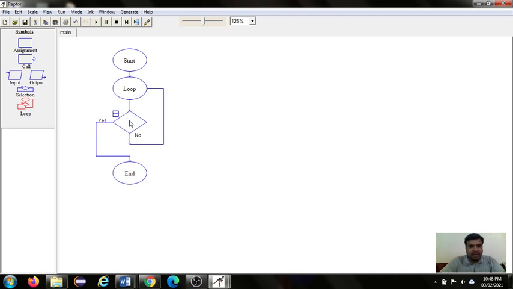This is what happens in the Raptor flowchart tool. But in a traditional C program, not only C, in all programming languages, the looping structure will work only for true conditions. For a false condition, the looping structure will be terminated. So compared with this, the Raptor tool looping structure is directly reverse, which means it will work for the false condition and it will exit for the true condition. So most beginners and learners will face some confusion while using this condition in the Raptor tool.